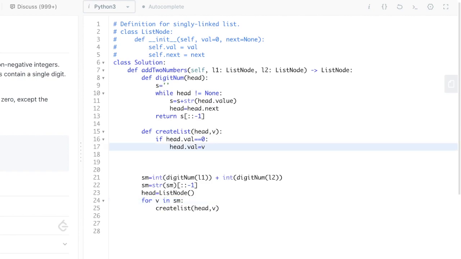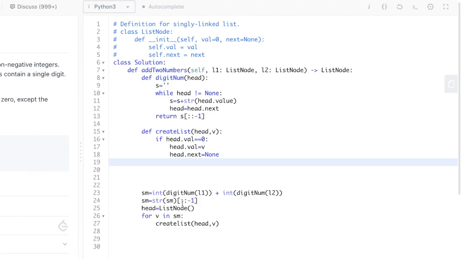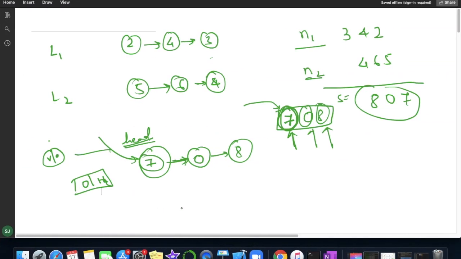This is done, and head.next equal to None, and we'll simply return the head. So we have to keep track of the head node. Means if you are creating a linked list, we have to keep the track of the head node.